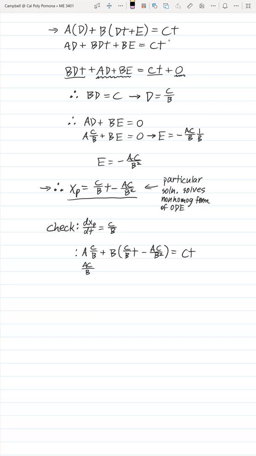Distributing the b across, we get a plus c times t minus an ac over b squared. And of course, this b will cancel with one of the b's in the denominator of that particular term, giving us a negative ac over b. Clearly, these two cancel, and we get c times t, which of course verifies that this xp, this particular solution,